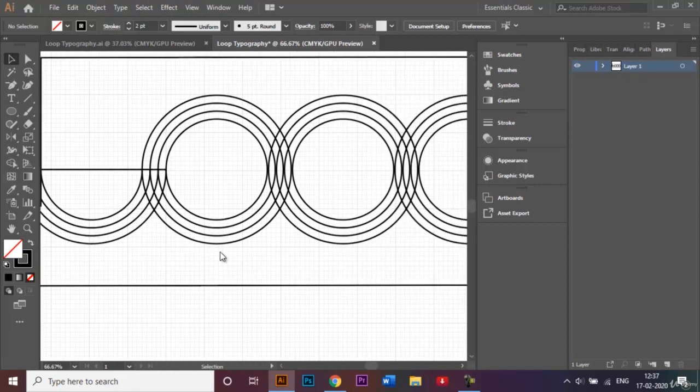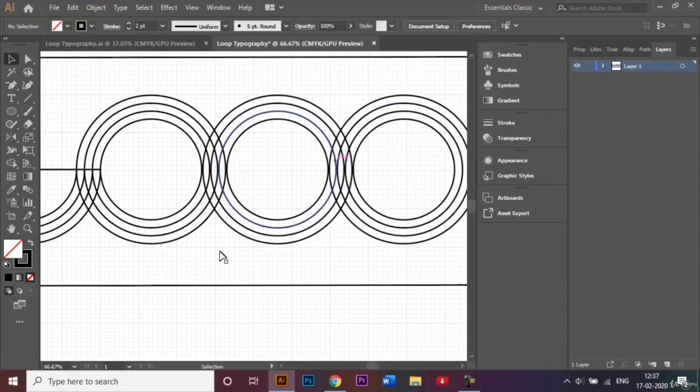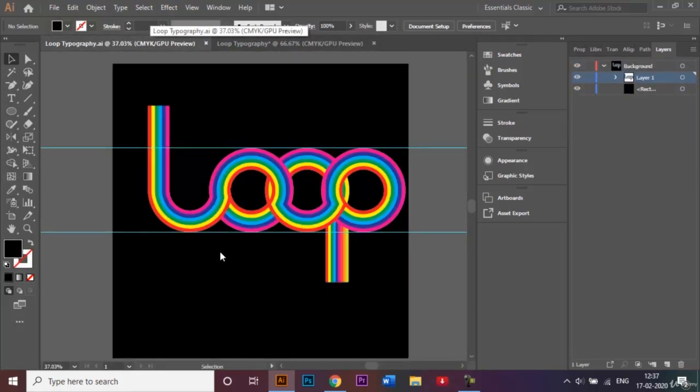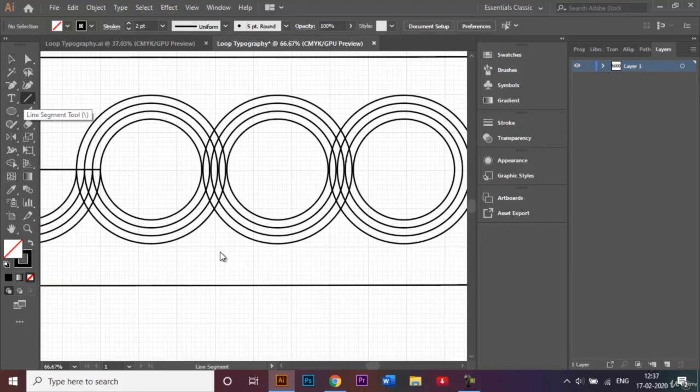Now we're going to do the same thing across the second circle as well, right? So these lines which are going downwards, the same thing we're going to do. Go back to this line tool